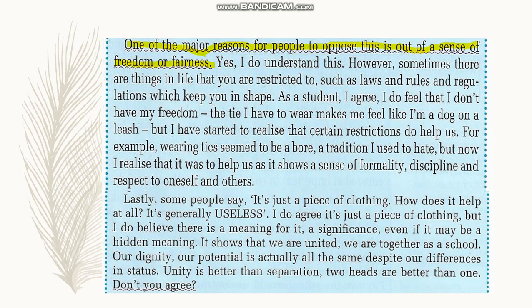Lastly, some people say it's just a piece of clothing. How does it help at all? It is generally useless. I do agree, it's just a piece of clothing, but I do believe there's a meaning for it, a significance, even if it may be a hidden meaning. It shows that we are united. We are together as a school. Our dignity, our potential is actually all